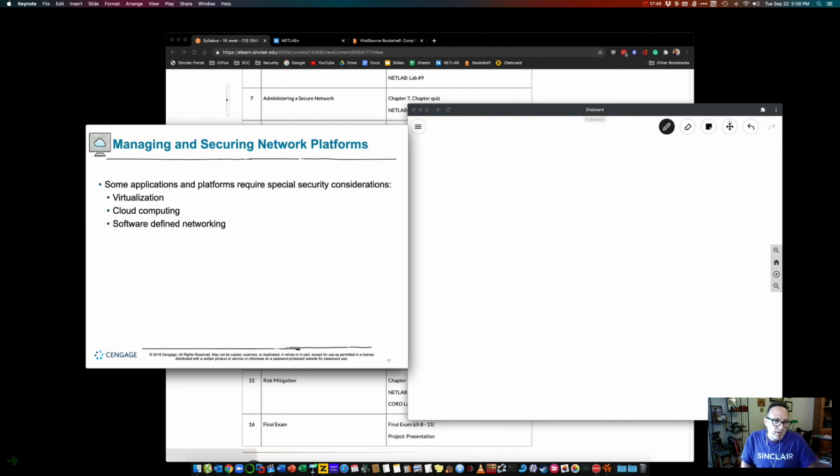So when managing security platforms here, cloud computing definitely is going to come into play. Cloud is a lot of places, and you need to make sure you treat that cloud as part of your network. Now, cloud is bringing a lot of good bonuses. One, of course, is capacity on tap,